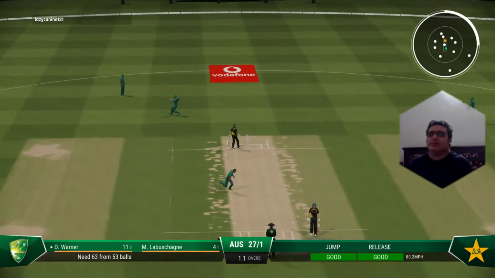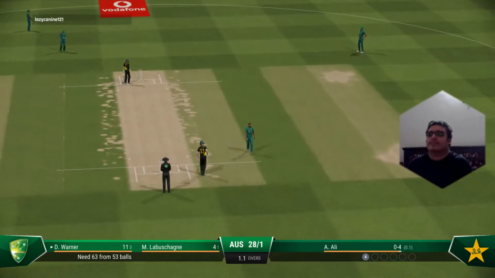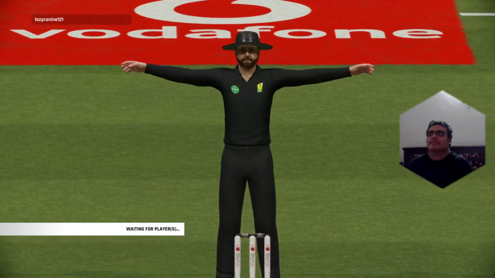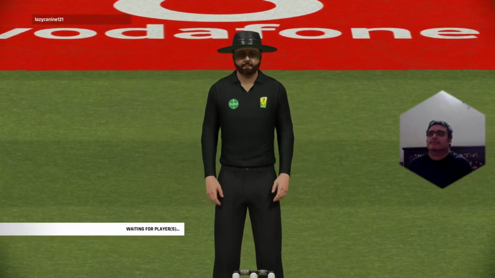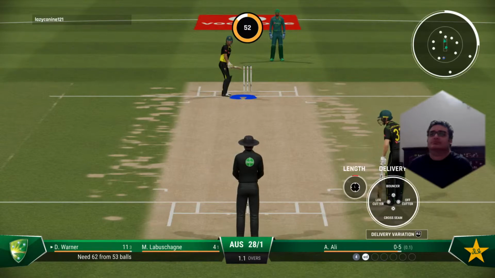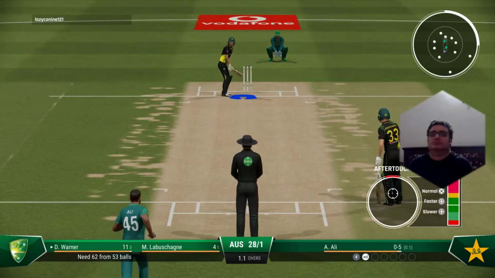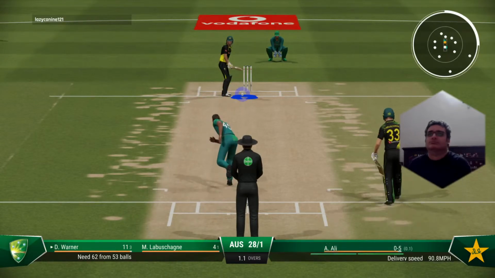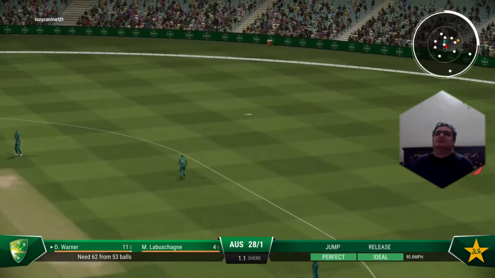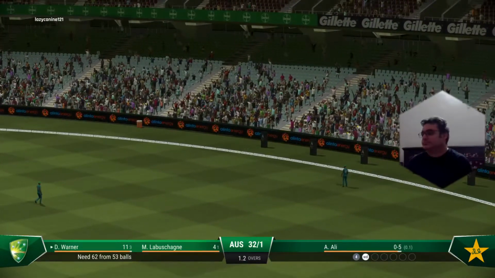That's a great take. Needed a big stretch to prevent any runs. Middle that one. Great timing. No trouble at all to punch it away to the boundary for four.